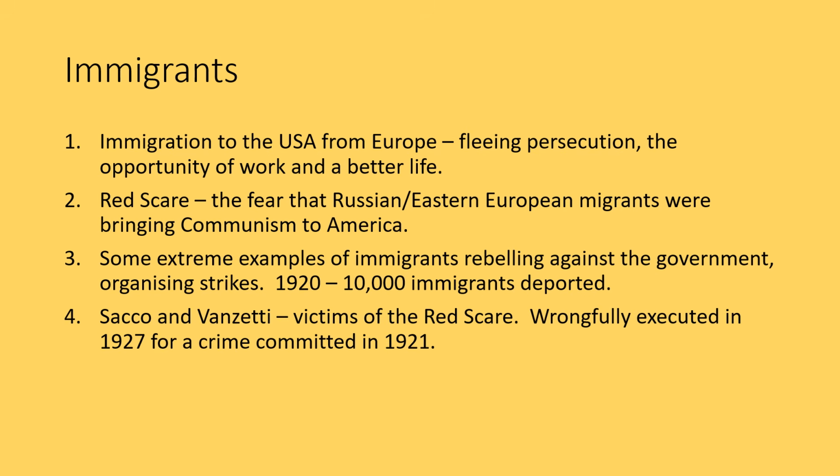Two people that you likely will have learned about in your study who are seen as victims of the Red Scare are Sacco and Vanzetti, the two Italian migrants who were wrongfully executed in 1927 for a crime that they allegedly committed in 1921. Now, I don't want to go into too much detail here about who Sacco and Vanzetti were and their whole story, but essentially the reason we call them victims of the Red